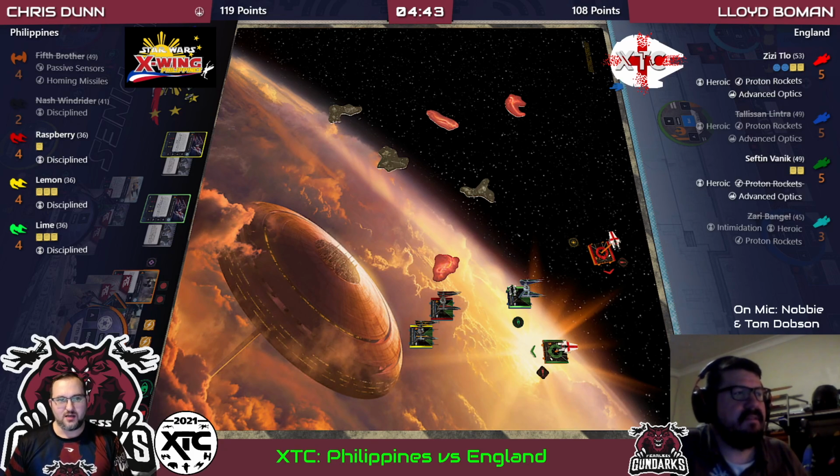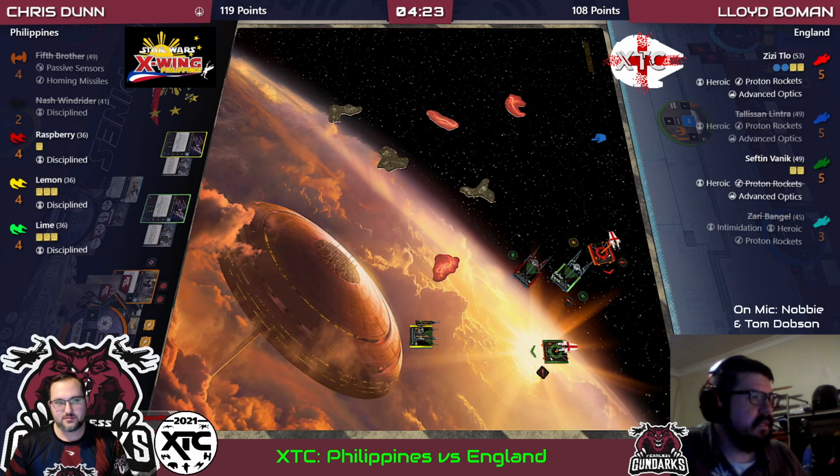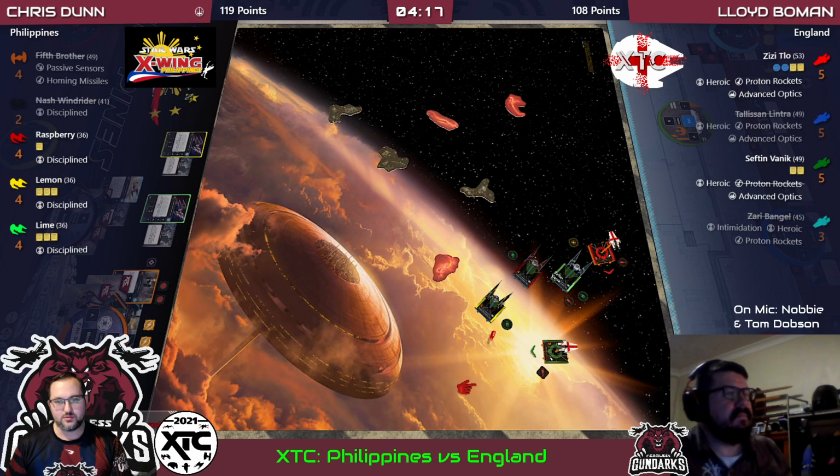He's blocked the straight two and the two blanks for Raspberry. So I think he's just your focus boost. You might even bump the hard two as well. Actually, yeah. Oh, so he's gone for that. Yeah, it just applies that much more pressure. And Lime is at full health, so...